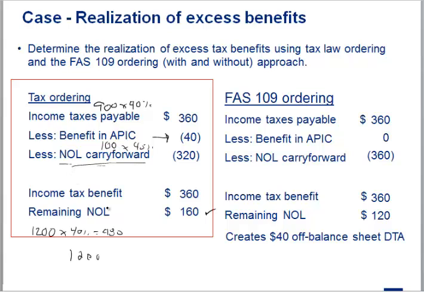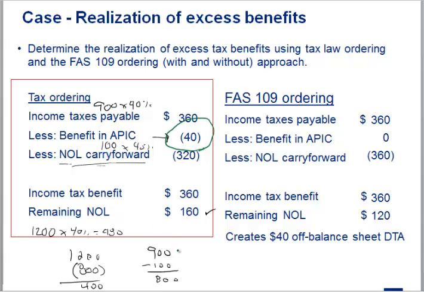You would start with taxable income of 900. You would use your 100 of excess benefits first, so you'd have taxable income of 800. You would use 800 of your NOLs and be left with 400. That's just like how the normal brain would work, right? That's how life works with tax law ordering. But the key to this is that you're going to benefit APIC now.